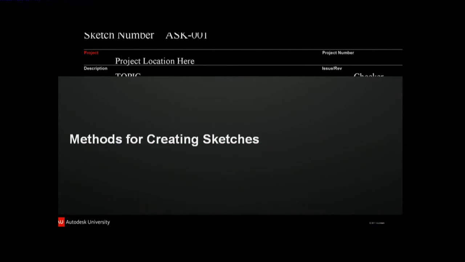So there are several ways you can create sketches. Duplicating views is probably the most common one that people are familiar with. You can duplicate views in 3 different ways. You can duplicate a view, and what that will do will duplicate the view without any annotations. And that's going to be best for